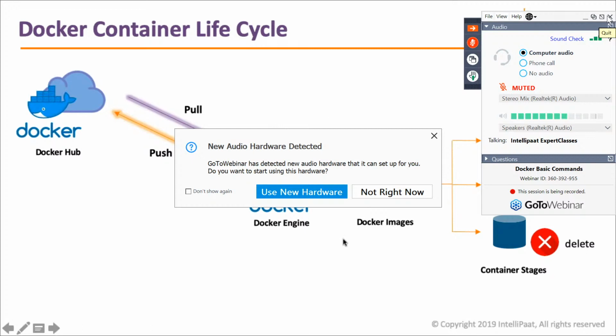And once these images are pulled, using these images, you can either run a container, stop a container, or delete a container. Now to connect to what I explained earlier, Docker is used to run containerized environments, right? So these environments are nothing but these images. So for example, if you download a PHP 5 container, you can run this PHP 5 container, and then it will basically